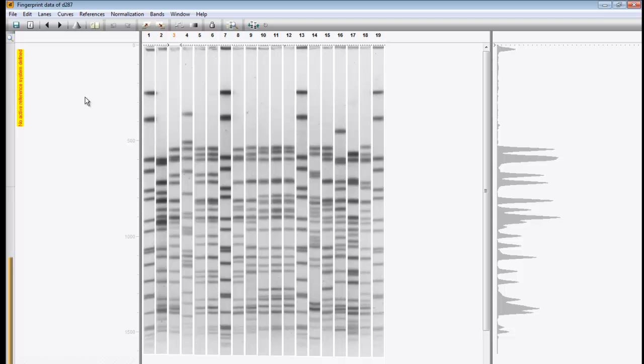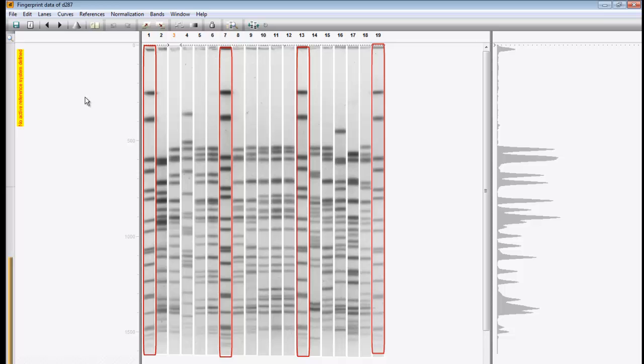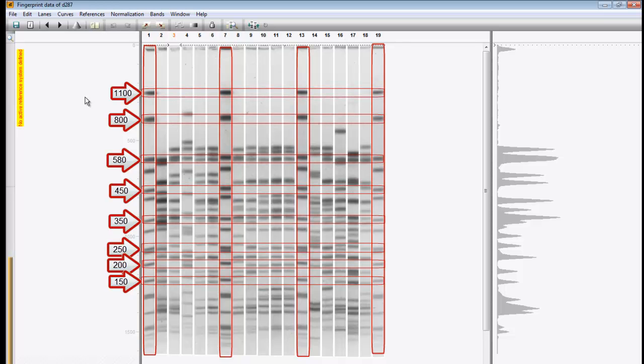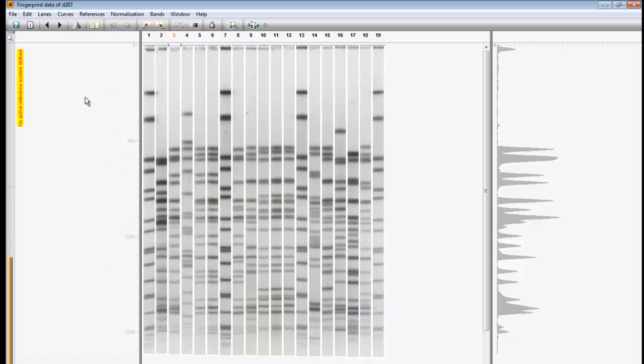Normalization is an important process since it will make any new profile comparable with profiles that are already in the database. To do so, we will include reference markers that contain bands with well-defined molecular weights. These bands will become reference positions in our fingerprint type. By linking the marker bands to these fixed reference positions, the software can correct the gel in such a way that bands with the same size occur at exactly the same position on all gels throughout the database.